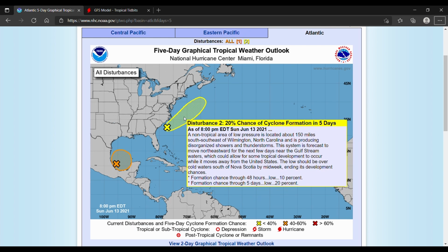Moving on to disturbance 2 with a 20% chance of cyclone formation in 5 days. This is a non-tropical area of low pressure located about 150 miles south-southeast of Wilmington, North Carolina, and it's producing disorganized showers and thunderstorms. This system is forecast to move northeastward for the next few days near the Gulf Stream